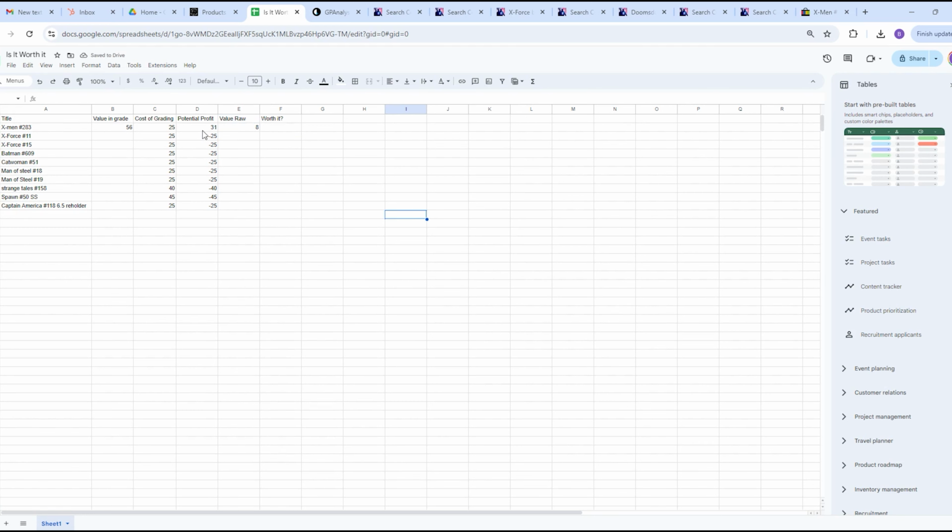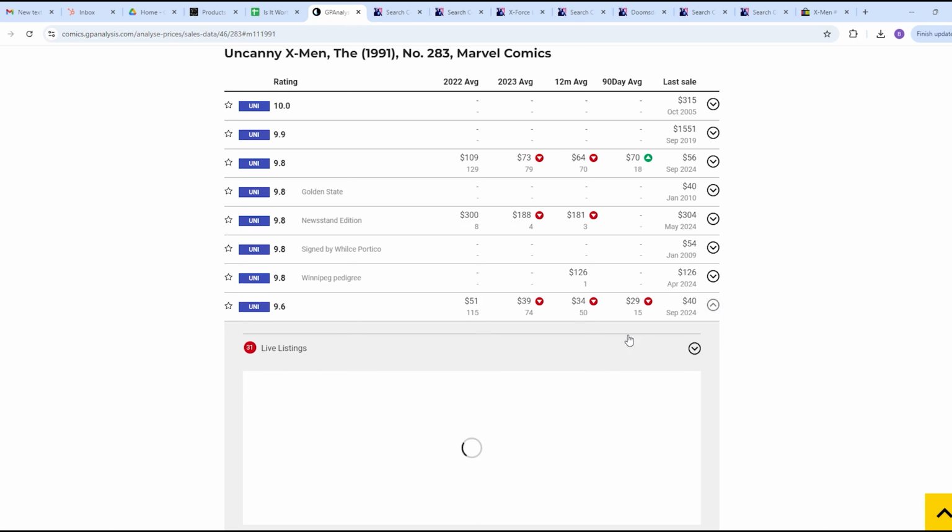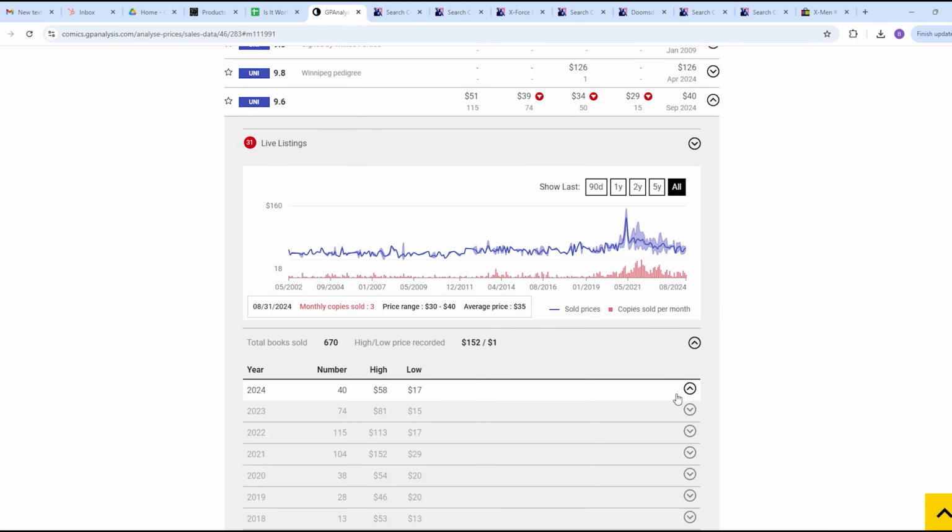So if your potential profit after the cost of grading is worth more than the potential value of it raw, then yes, it's worth it if 9.8. Okay, because we come back over here and look at GP analysis, how much is it worth in a 9.6? Well, actually, 9.6 last sale was $40, but I think you'd be lucky to get $40 for this in the